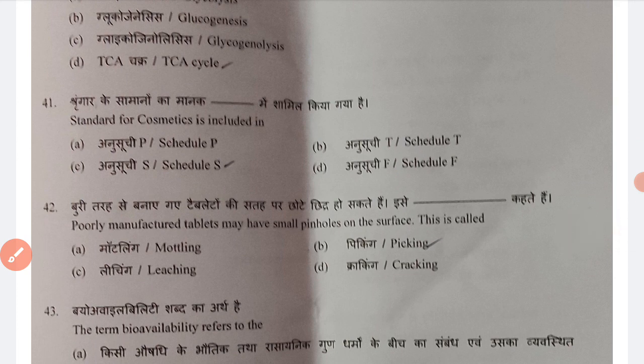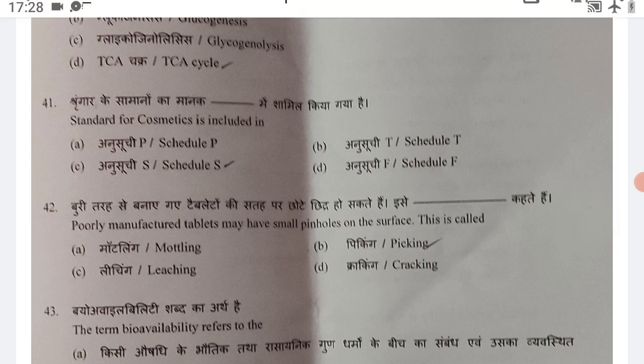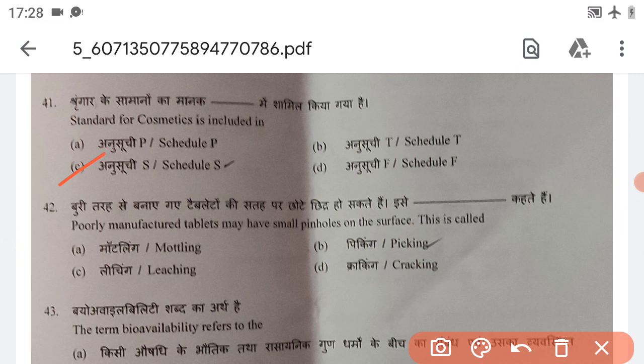Standard for cosmetic is included in Schedule S. Schedule P, life period. Okay, so Schedule F, blood bank. Schedule T is manufacturing of Ayurvedic and Unani drugs. And next